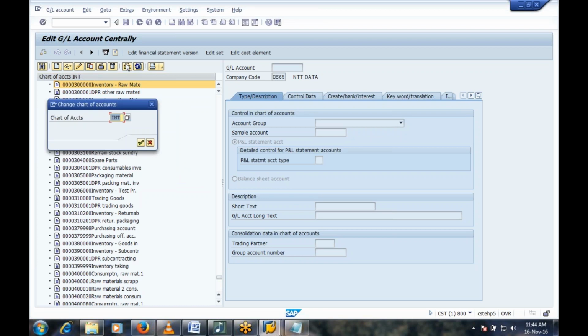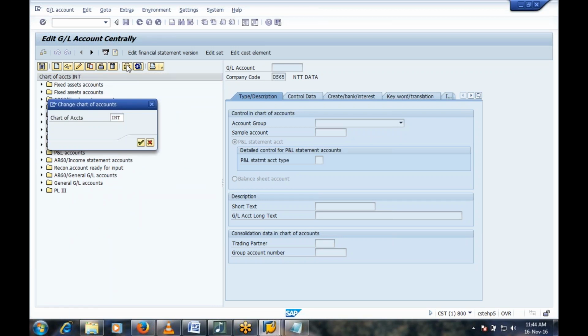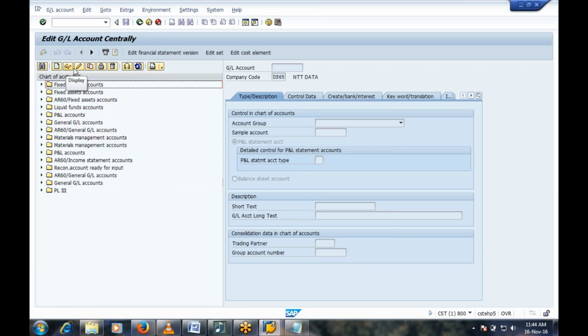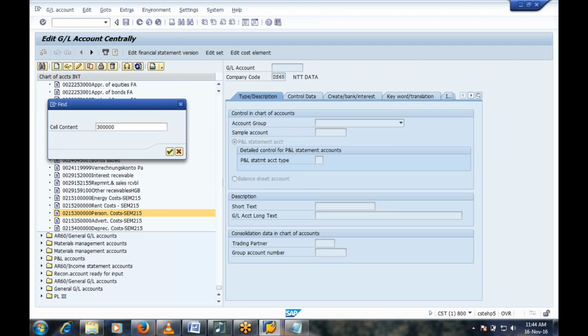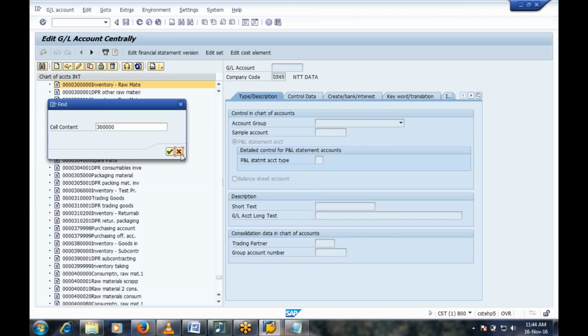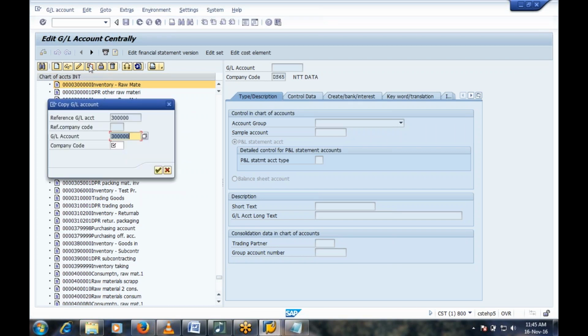Give here chart of accounts INT, and we can copy from there, and give 300000. Okay, this is the GL account which we want to create. Click on copy, and for which company code you want to create, DS65.